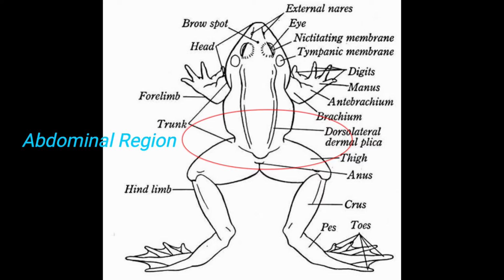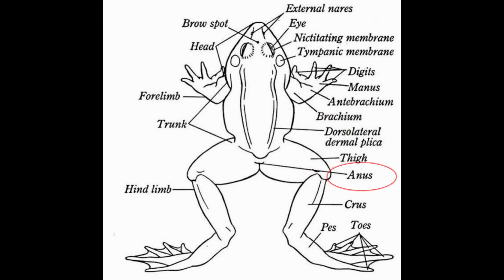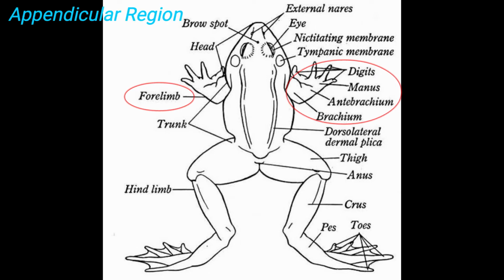While the abdominal or lumbar region is the posterior half. The ventral portion is the abdominal while the dorsal is the lumbar region. The small opening found at the end of the trunk is the anus. In the frog, at the back, is the sacral hump produced by the protrusion of the pelvic girdle. For the lower region of the frog's body, or the appendicular region, first we have the forelimbs which feature